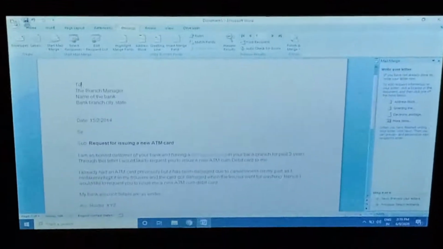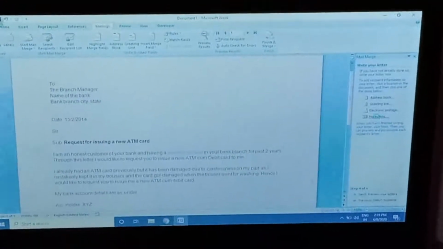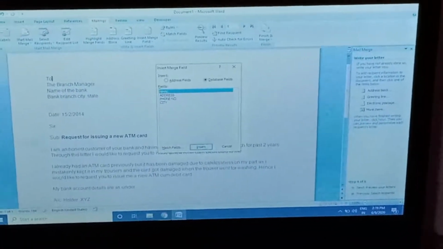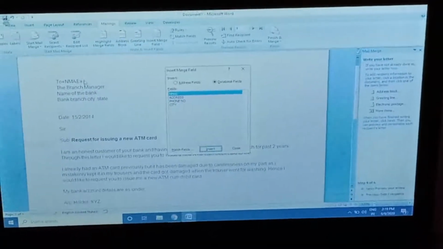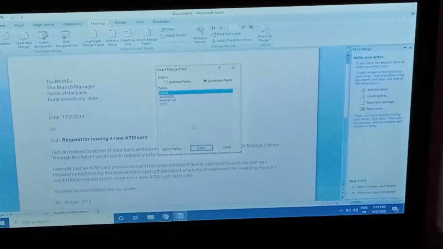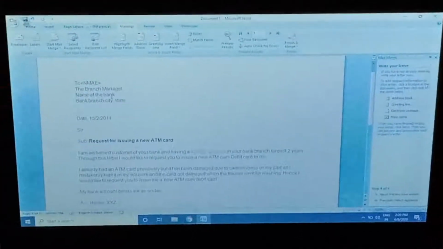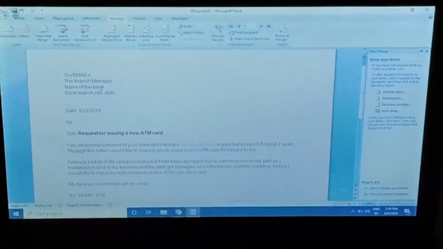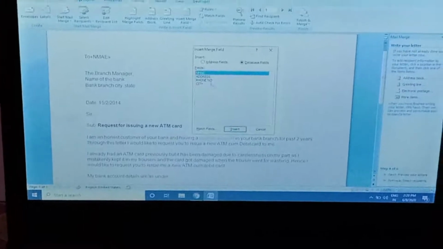This is the letter, and you just click the cursor, and you go to the more item, insert. This is the name, insert name, and close, and just click the enter button, and again go to the more item and address.